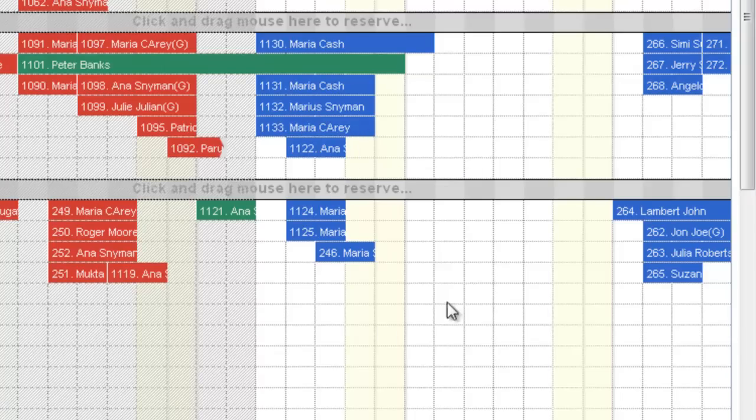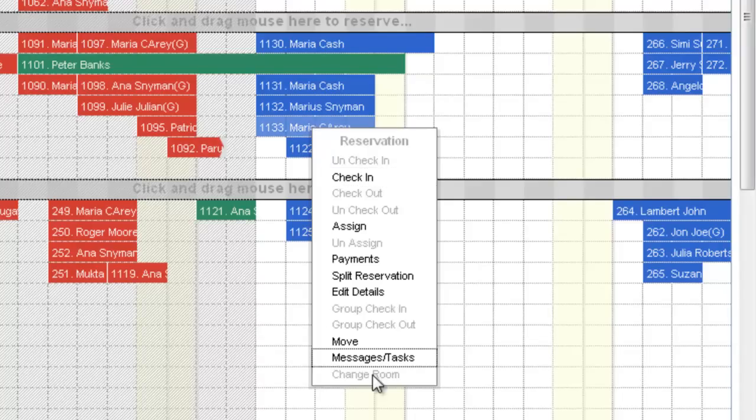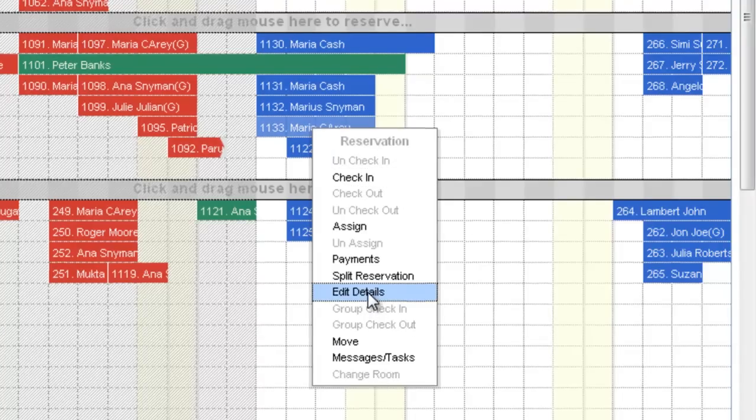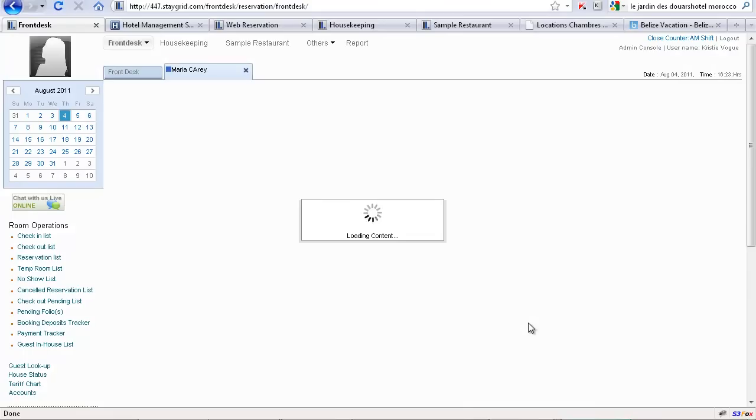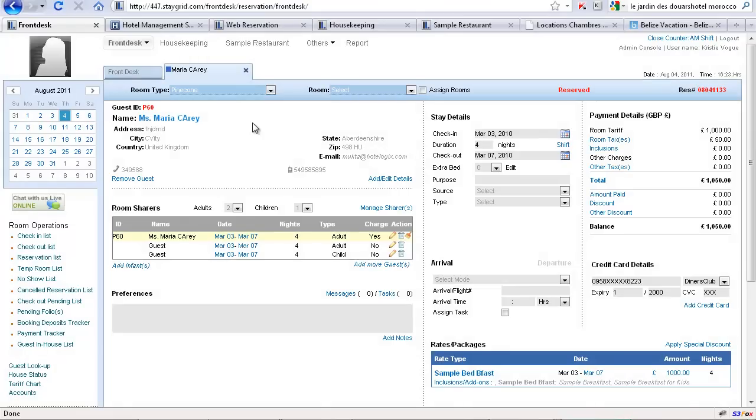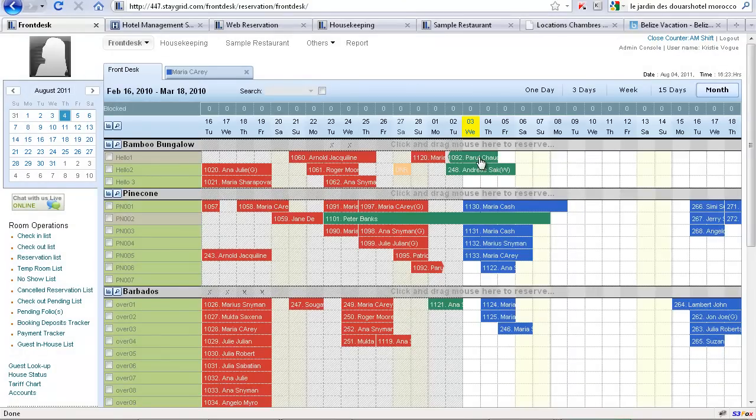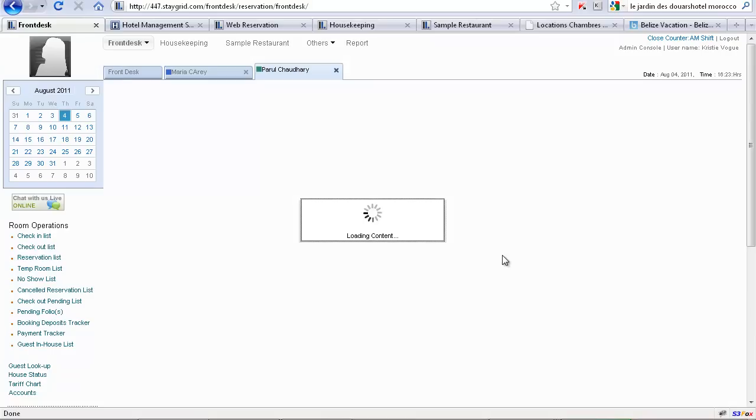And just like you see the reservations here, you can do a lot of other operations by clicking on these bookings. So I can right click and I can edit detail, and this booking will open in a tab, or I could go to maybe another booking that I might be working on simultaneously.